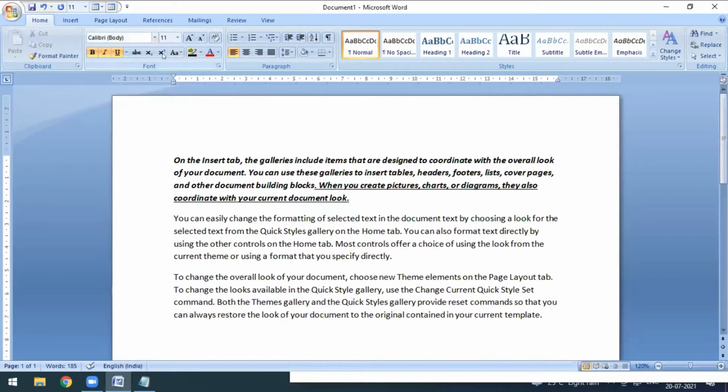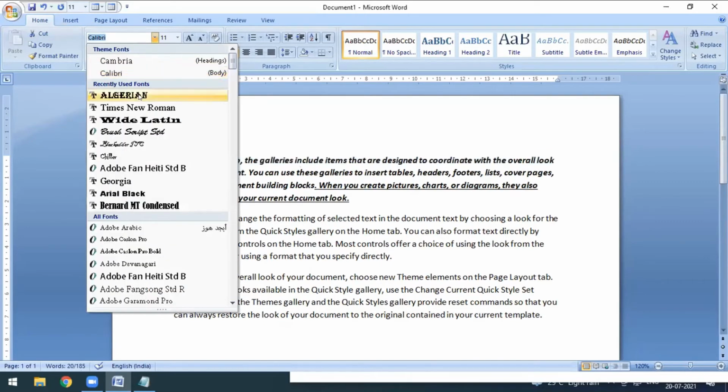Now over here in the font section, the next thing which we have is font style. We can change the font style, or we can say font face. Now how can we change this? I am selecting the document from the start till the end. Now over here I click on this font face. The shortcut of font face is Control plus Shift plus F. So I just click over here.